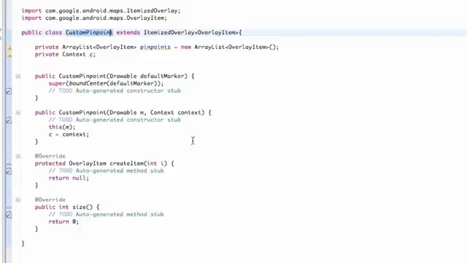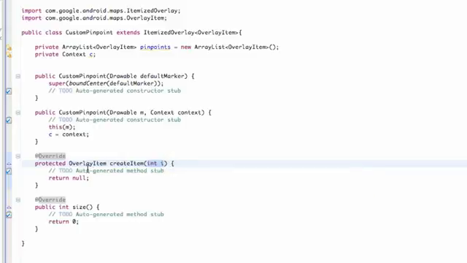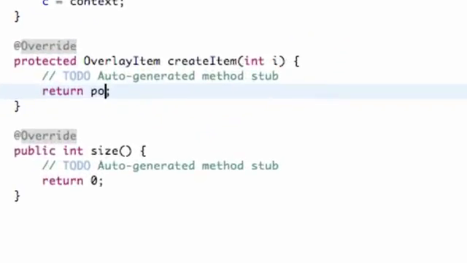What we're going to do in this tutorial is basically finish up our custom pinpoint class, and the setup for what we have left in this class is going to be pretty simple and pretty quick. So this might be a short tutorial, but let's work with this overlay item, create item, and we get passed in an int value. So what we want to return is basically the value in our array list that we set up. So we call that array list called pinpoints,